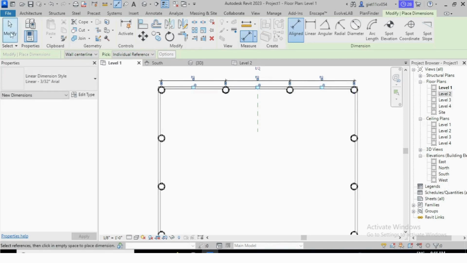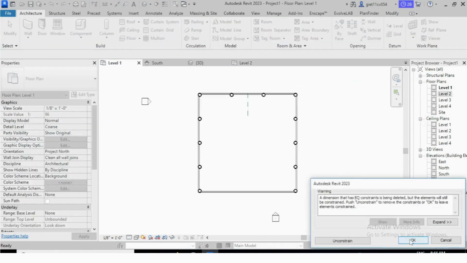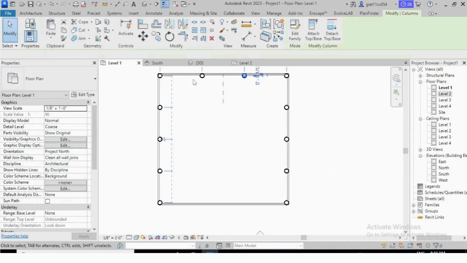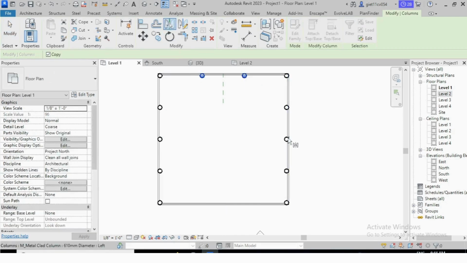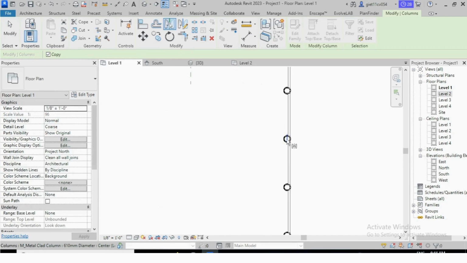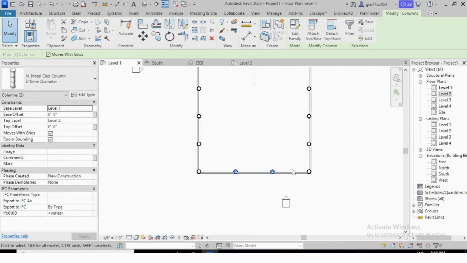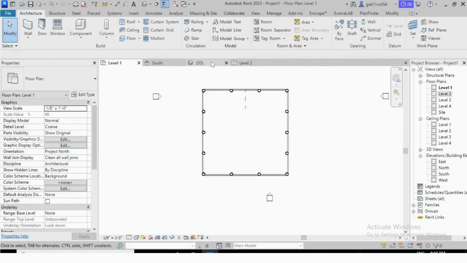Okay, now select these 2 columns by pressing Ctrl and just mirror these 2 columns from the middle. Here you can see. Okay, now you will see the columns have been placed here. Okay, go in 3D. Let's see how it looks.